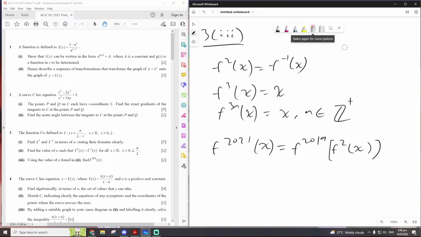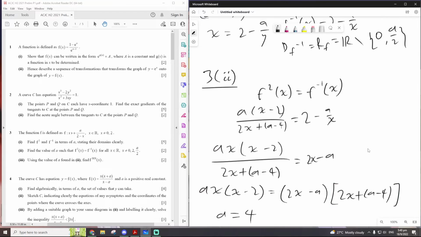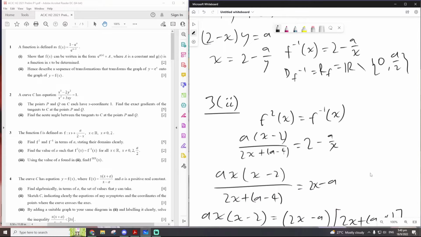Actually, I think it might be better if I wrote it as F2 times F2019. F2019x, 2019 is a multiple of 3, so it's just x, so it will be F2x. And we actually defined F2x earlier, so what is it? It's going to be,